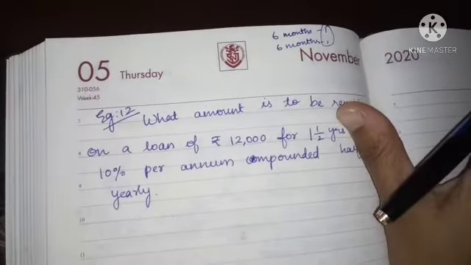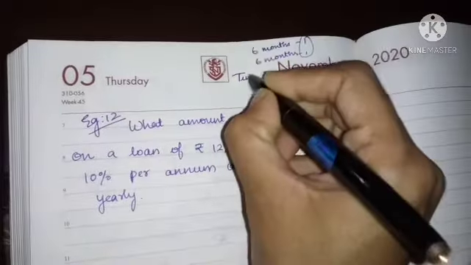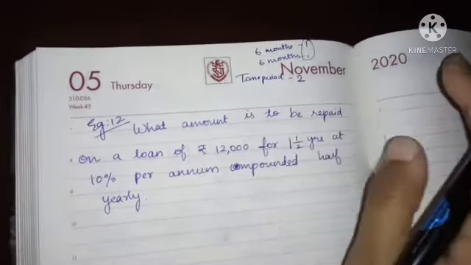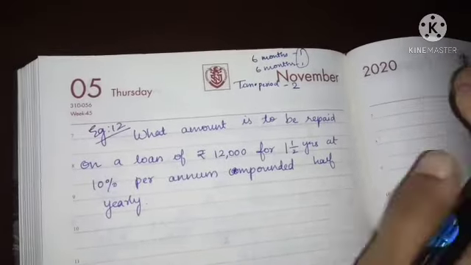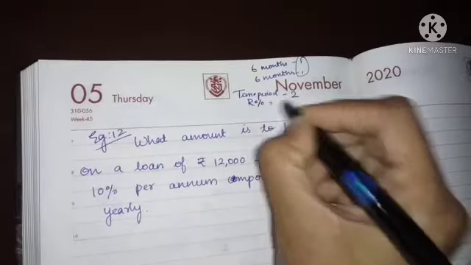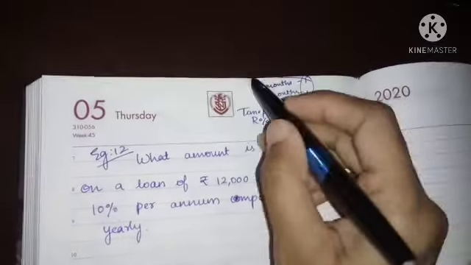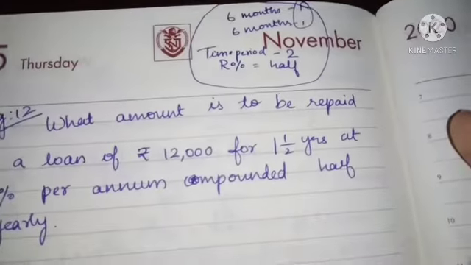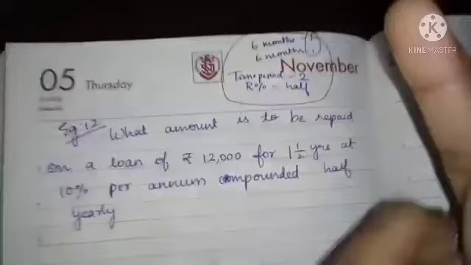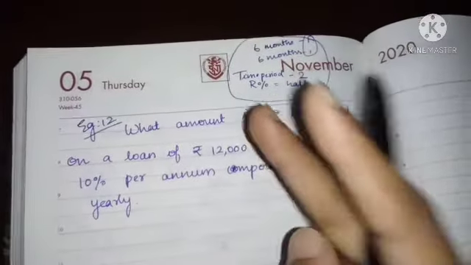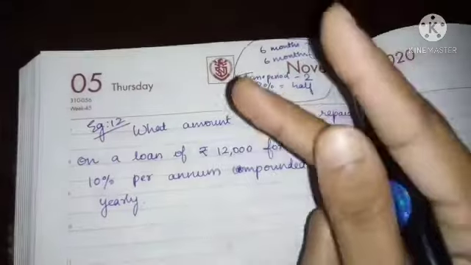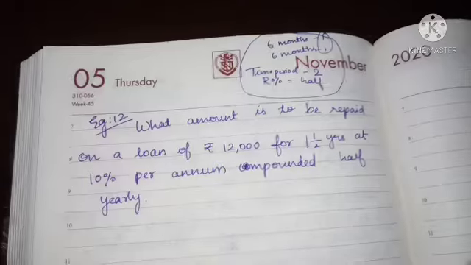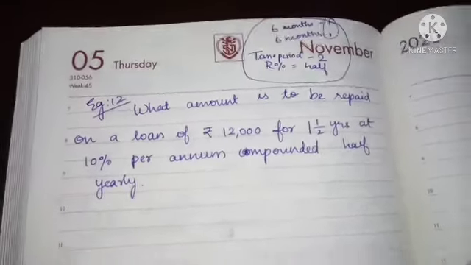So time period becomes twice. Time period will become double. Okay, and rate is taken half. Rate means that percentage has become half. So these are the things you should keep in your mind. Okay, when the interest is compounded half yearly, we will compute interest 2 times. Time period will become 2 times, which means it becomes twice, and rate will be taken as half. Okay, I'll teach you both the methods.